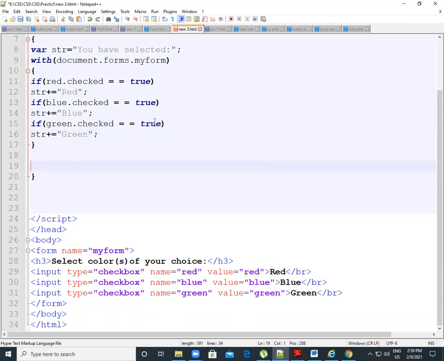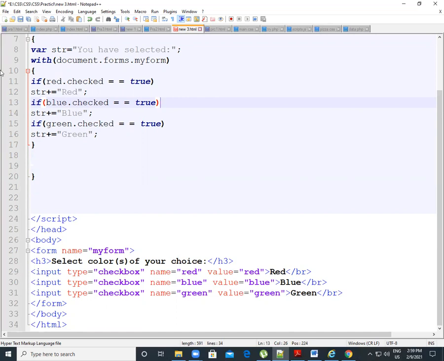Now you can see that I put only a small condition. And what is my condition? In this with function, document.form.myForm. So our form name is myForm. Correct? So we choose our form name in our document, and in that we put an if condition, and in the if condition we check our color, so we give our color value, which is red. So red.checked, if I check my box, then it will be true, and at that time it will display that red content. Correct? That red color.